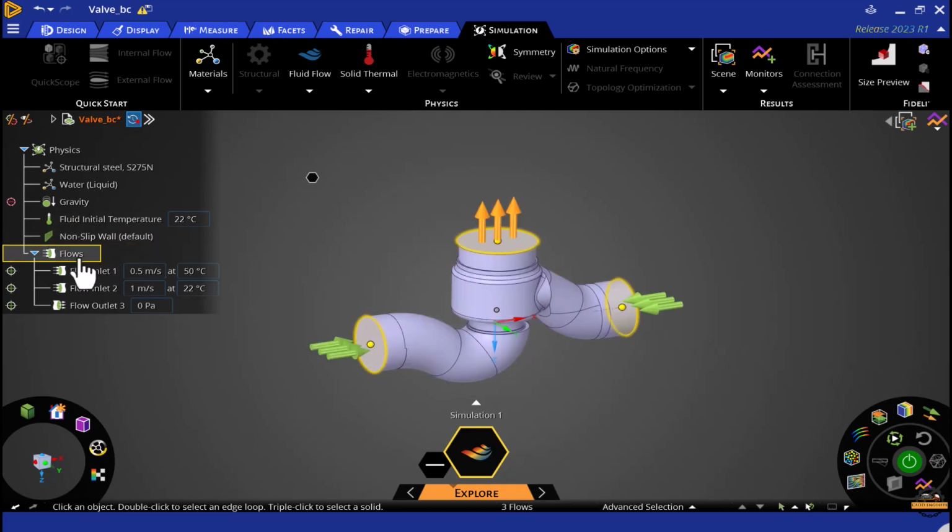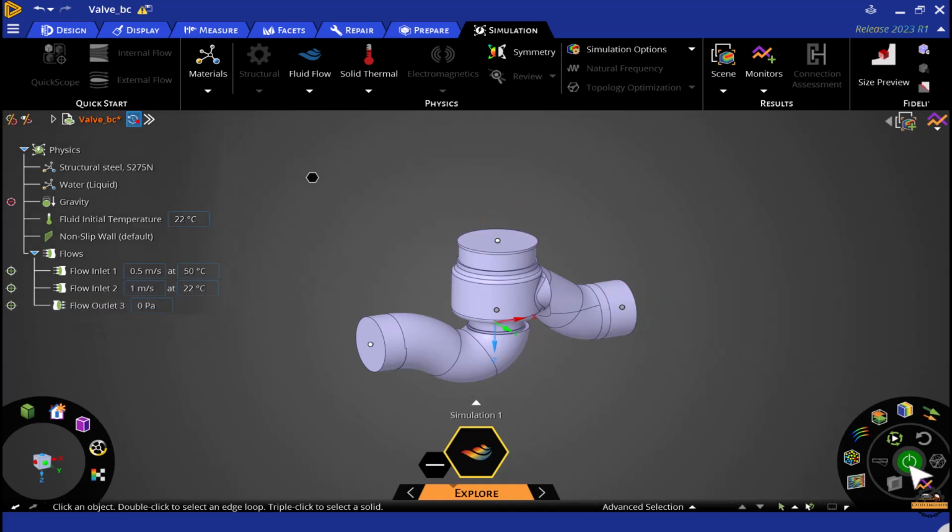The flow we have defined: inlet 1 will have 0.0 meter per second at 50 degrees Celsius. Inlet 2, 1 meter per second fluid is flowing at 22 degrees Celsius. And flow 3 we have to calculate. So here we'll solve this,